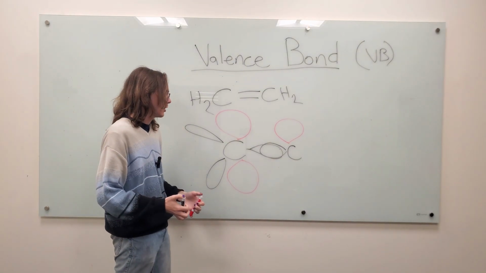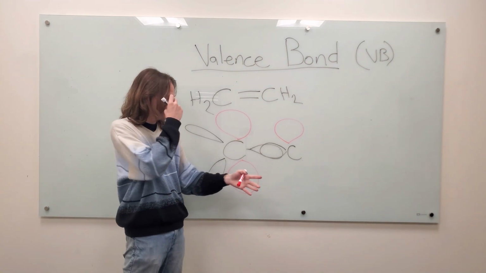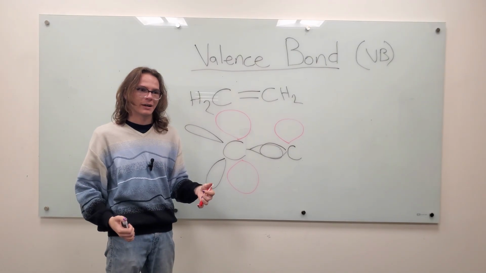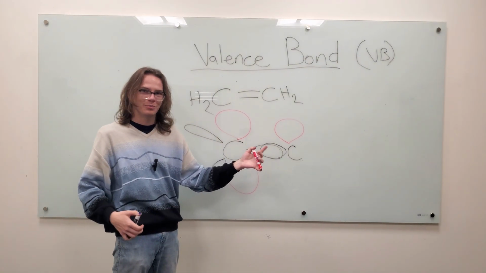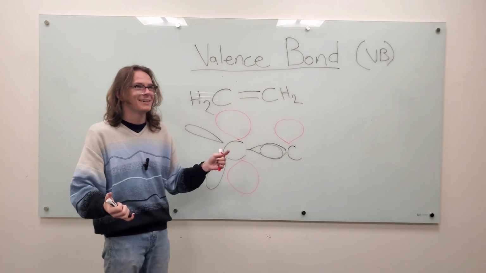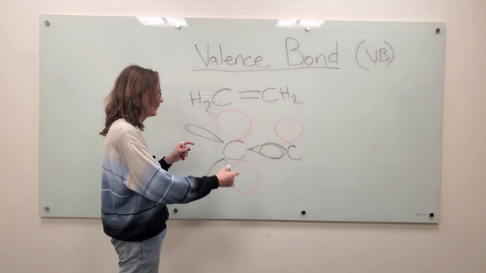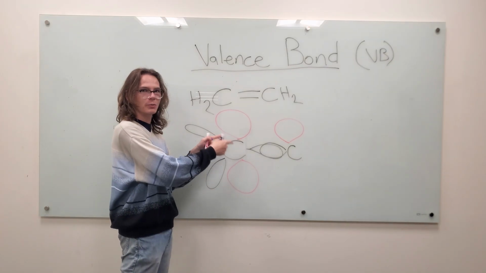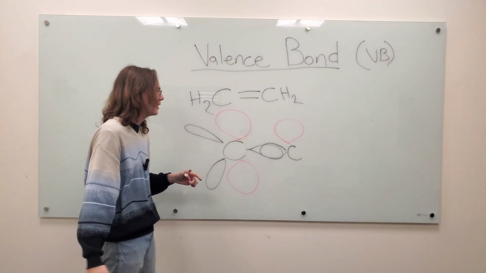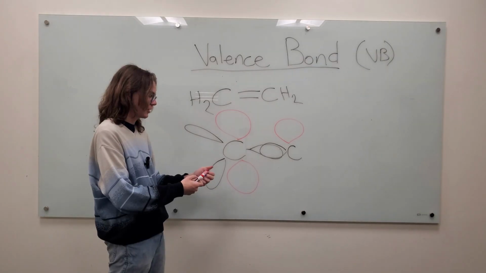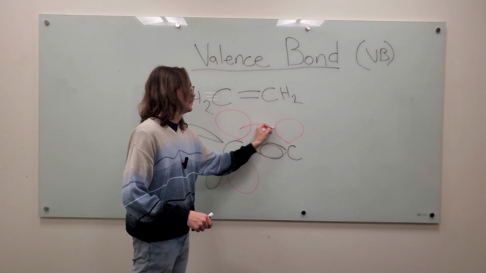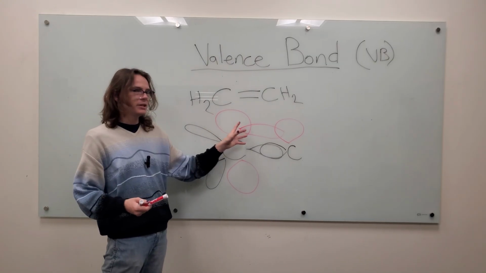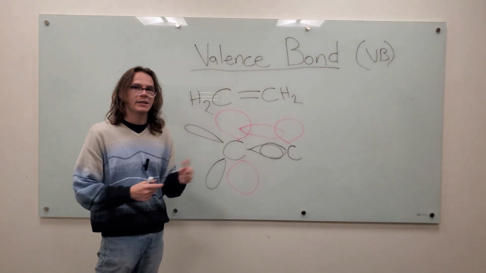Now, it's hard to draw because I want to get the detail of these hybridized orbitals, but I also want to show how these two p orbitals bond. In real life, obviously, the nuclei are much smaller, much closer together, and these p orbitals are much wider so that they can overlap. But this is what we're stuck with. So we just pretend they're connected. These unhybridized p orbitals will bond, and these will form